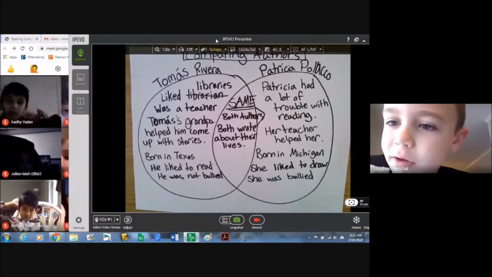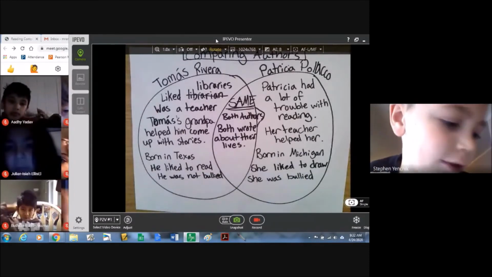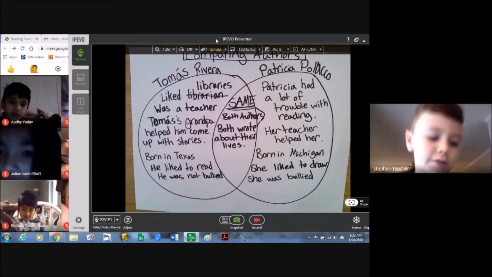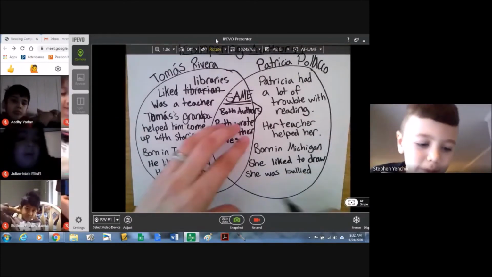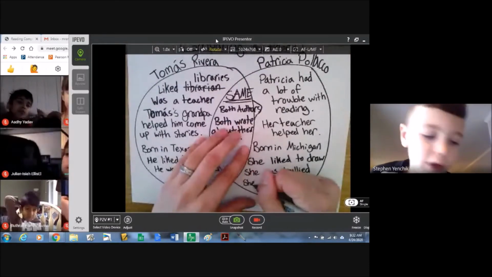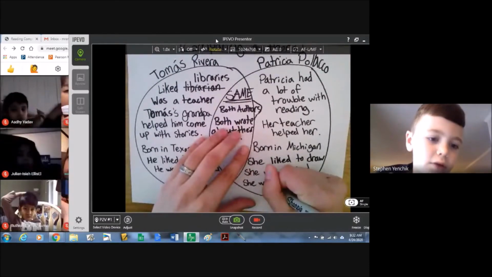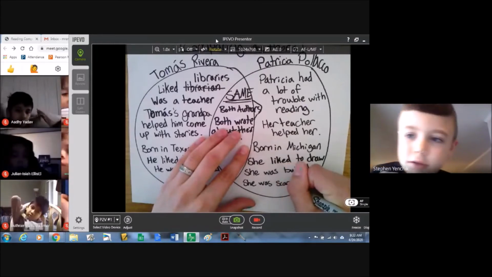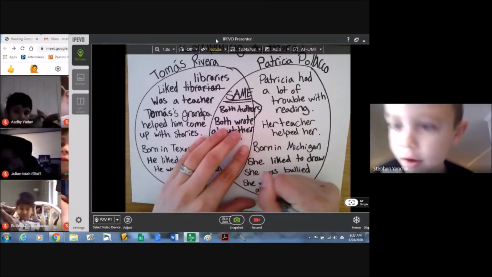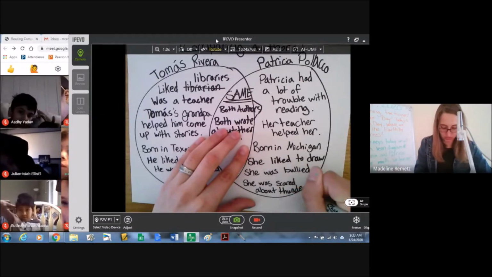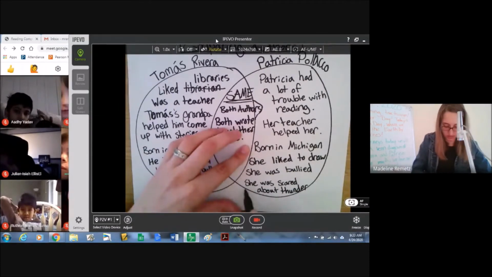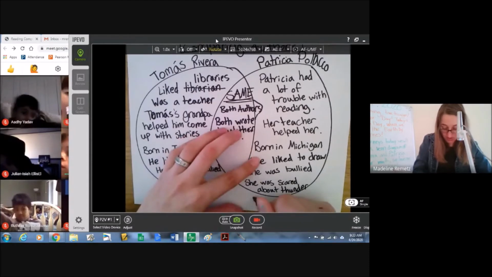Patricia Polacco's story is about one of them was Thunder Cake, and it was about she was scared of thunder. Ooh, and okay, the other Patricia Polacco one was about school, and she didn't know how to read, and she got bullied for that. She didn't know how to read in first grade. Ooh, so you got Patricia Polacco. Awesome job. She was scared about thunder. And Tomas Rivera